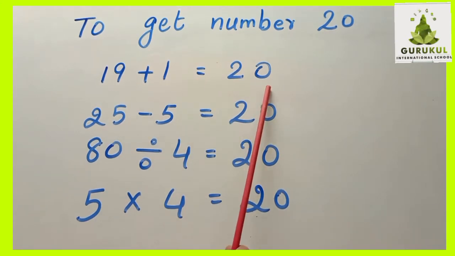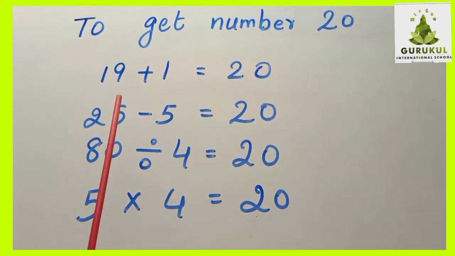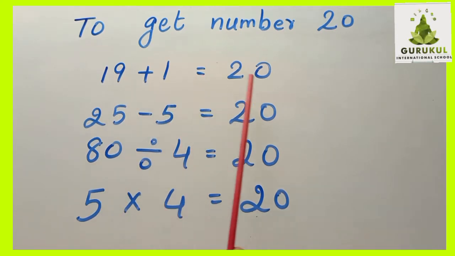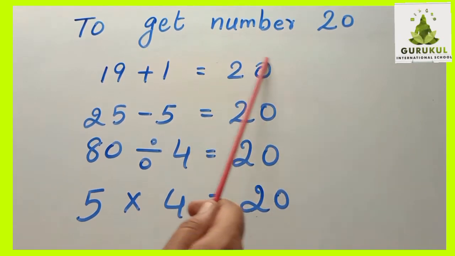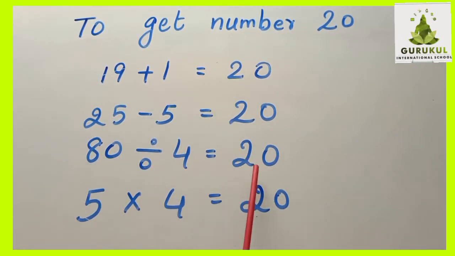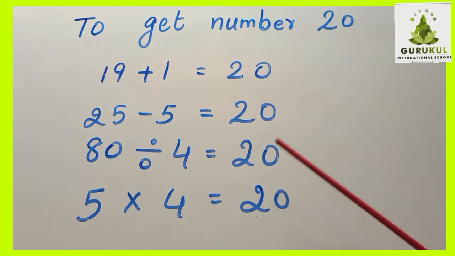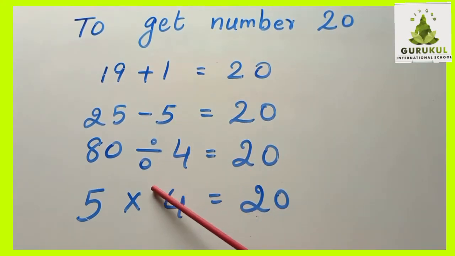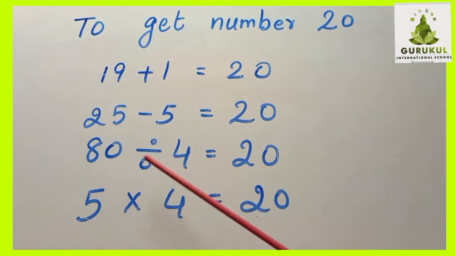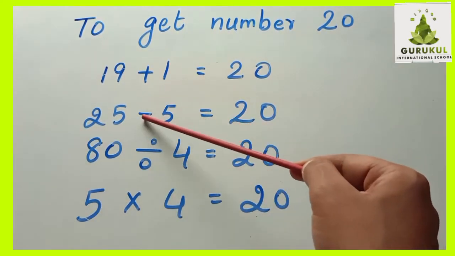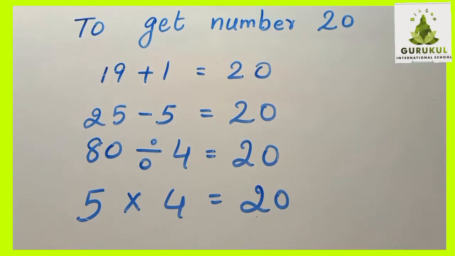Is that clear to you? Now such an expression of equality is called an equation. Is it clear? Now this is an equation: 19 plus 1 is equal to 20. 25 minus 5 is 20. Now you see these examples. 80 divided by 4 is 20 and 5 into 4 is also 20. If all the sides are equal, that means we can write these sides also. Now here you have numerical expressions. Numbers are there, so numerical, and these are the expressions. This side is the expressions. Now you can equate this side also. Is that clear to you?